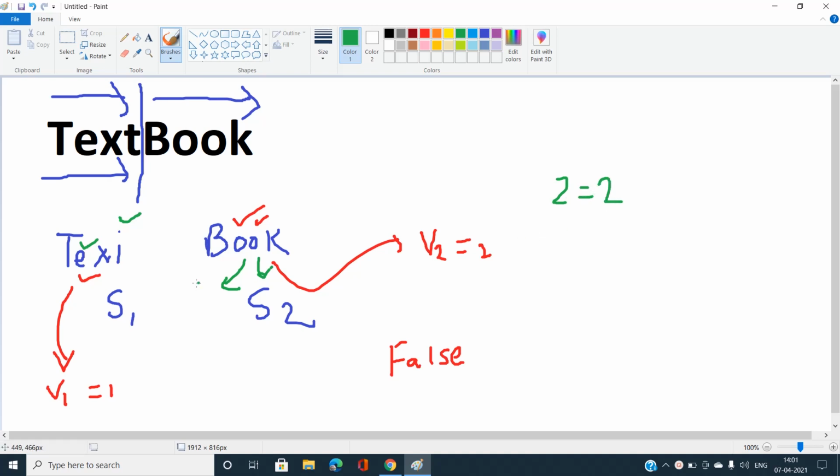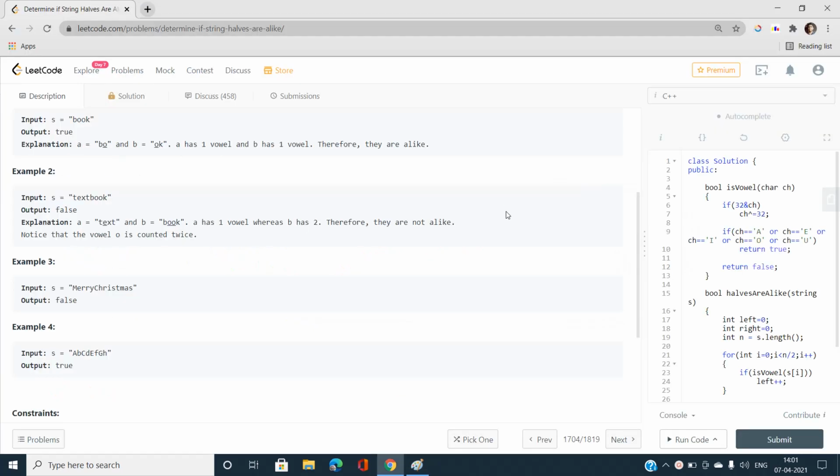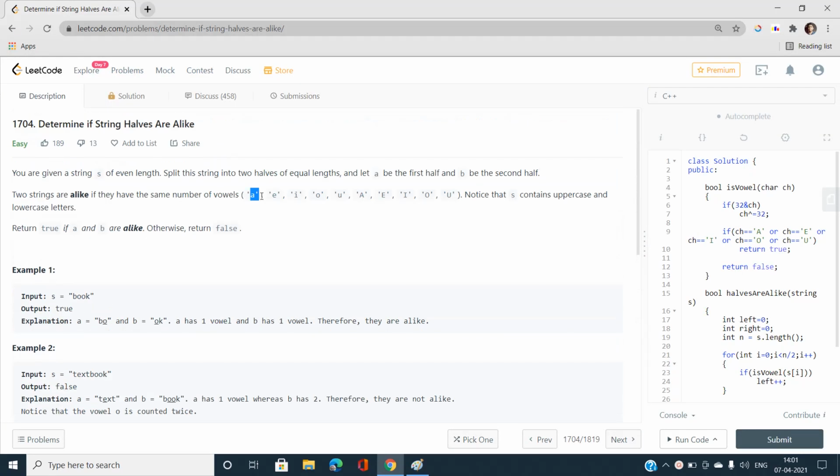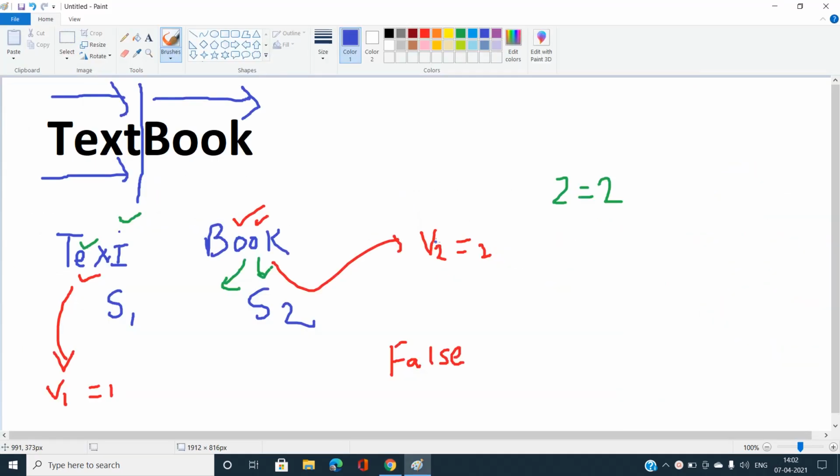And what if we change these characters, like tex with a capital I? Our answer doesn't change because we have to ignore the case and then find the count of vowels. In this problem I have the statement of small a, e, i, o, u, and capital A, E, I, O, U; both small case vowels and capital case vowels should be included in our answer. Now one thing I should mention is how to convert one case of characters to another case efficiently. Let's write some stuff over here.